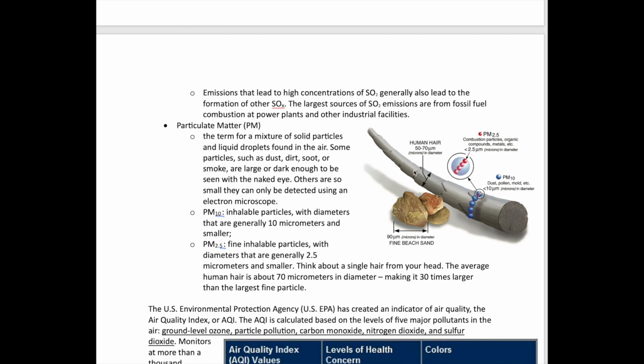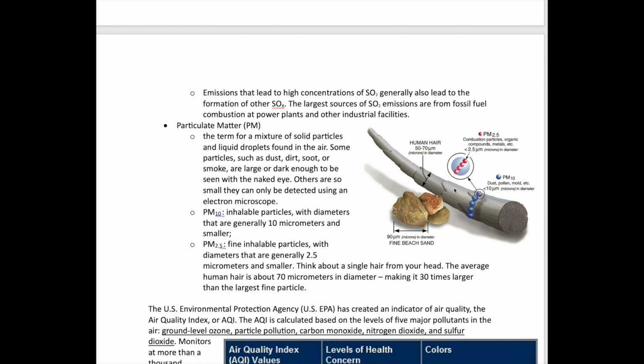So here is a comparison of the particulate matters that we are worried about. There are two groups of them: PM 2.5, and the reason they're called that number is because their size is less than 2.5 microns. And then there's PM 10, which is things that are smaller than 10 microns. In that category, you'll have things like dust and pollen, mold, and so on, whereas PM 2.5 is smaller things like some metal pieces, they're tiny.